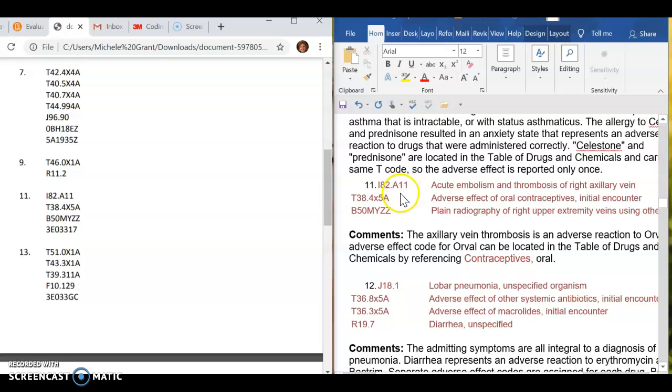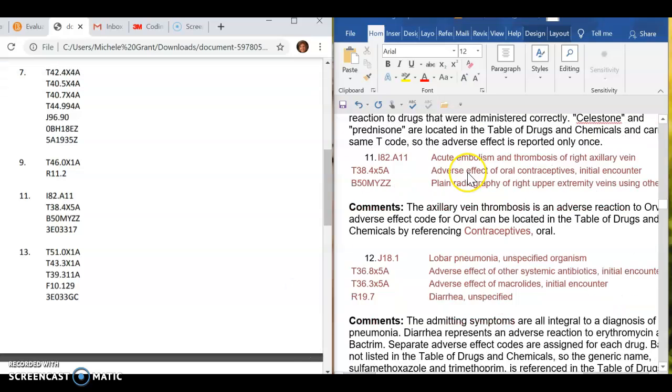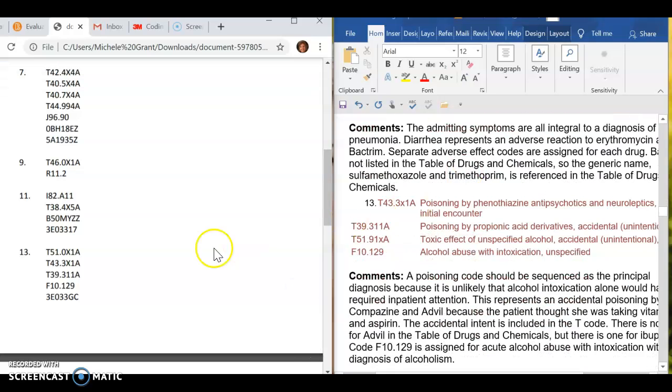Number 11 looks fantastic. You have the adverse effects second on that one, which is great. And again, you have the Z code, which you do not need. Let's go ahead and number 13. Once again, your T codes look great. Your F code,